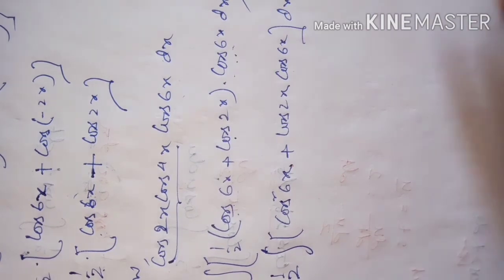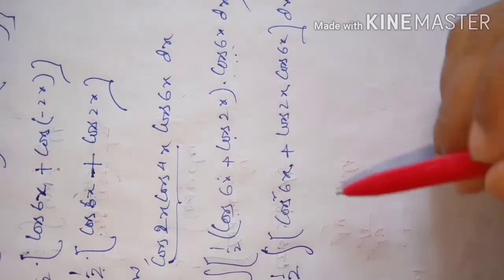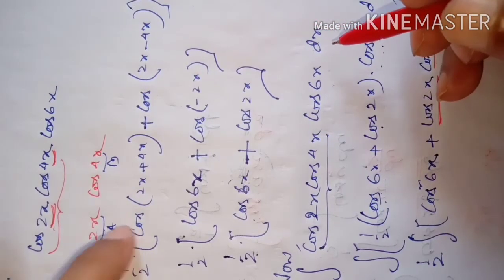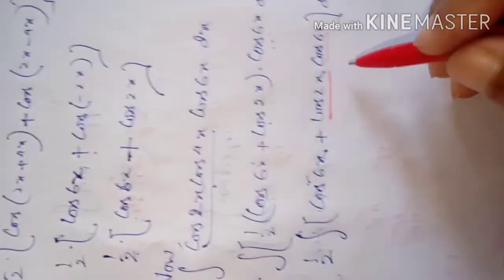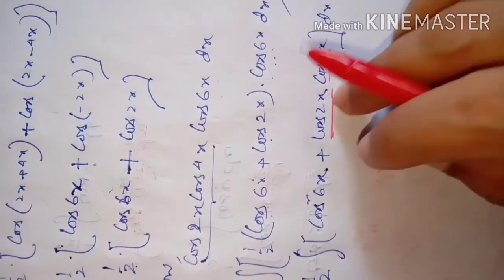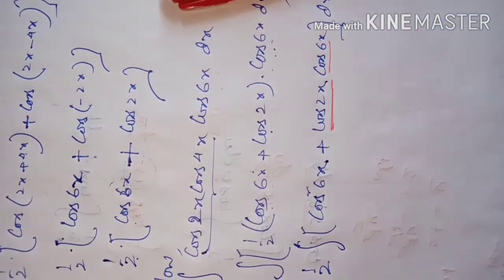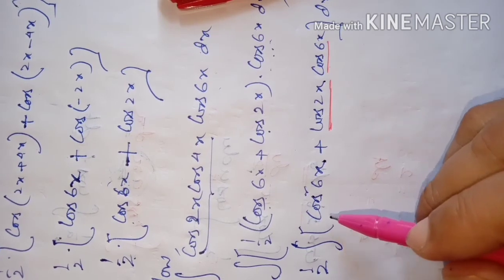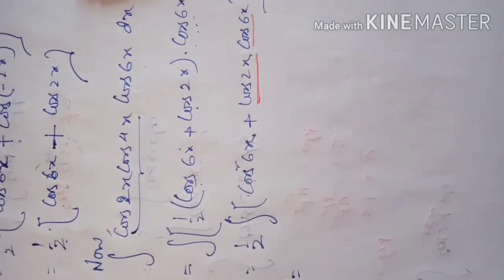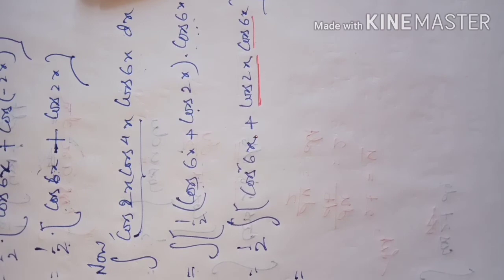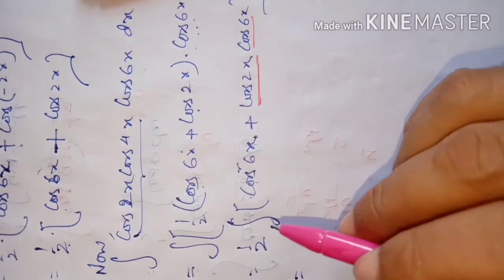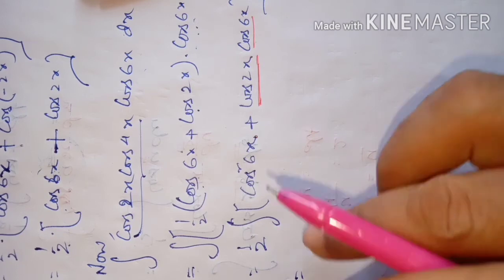Here once again we can use the same identity, the previous identity, just now what I said. If we use that one here directly, can you say what will be the result here? Then it will be like this. Again for this cos square 6x, what can you do? You can use that identity, that is twice cos square theta is equal to 1 plus cos twice theta. No, we can use that one.